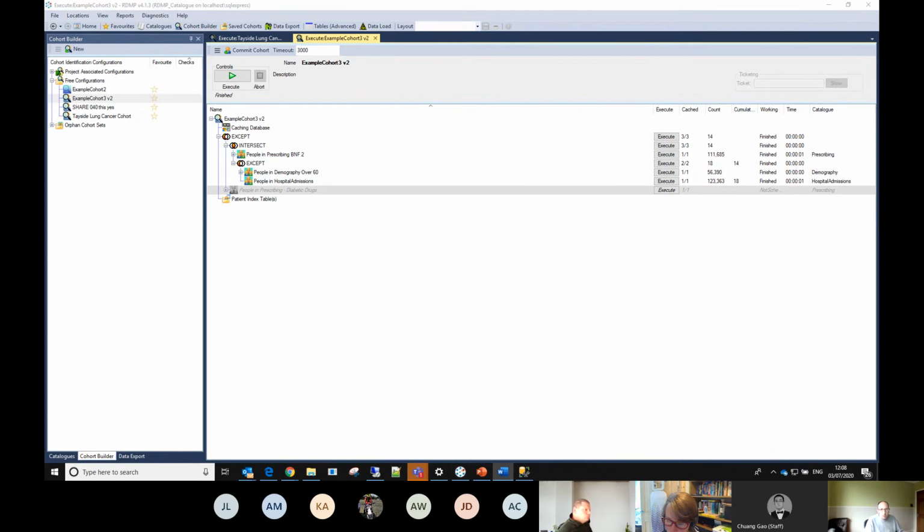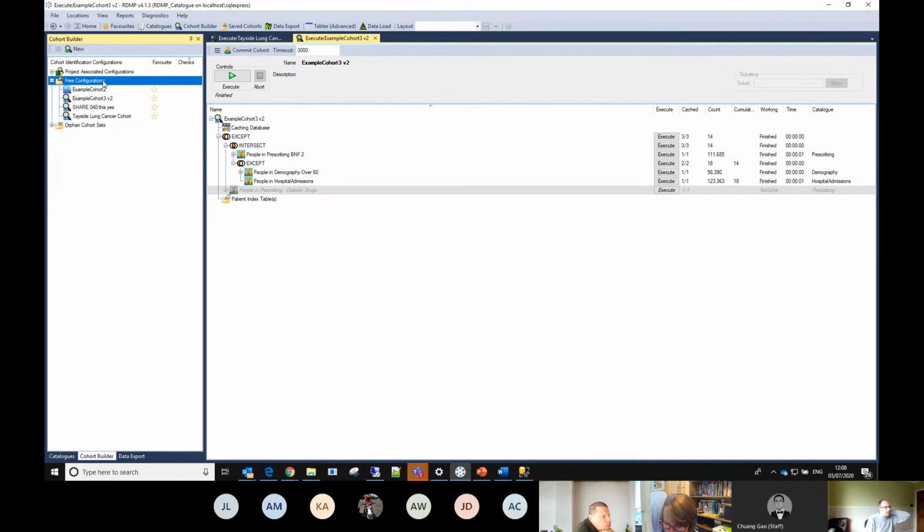I'm just going to bring up my little Word document and see if we've covered most of the stuff I was going to cover. Okay, so that's the overview of how we see Cohort Builder, how we interpret what Cohort Builder is telling us. Last time around, I think I did a quick run over how we would piece something together. So we'll do that now.